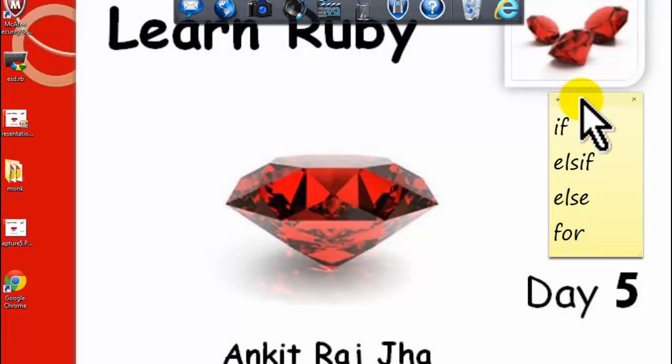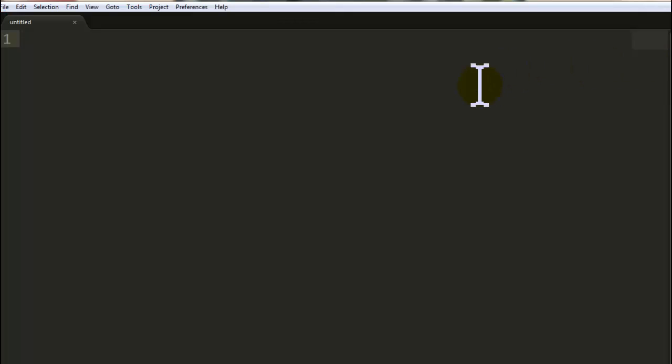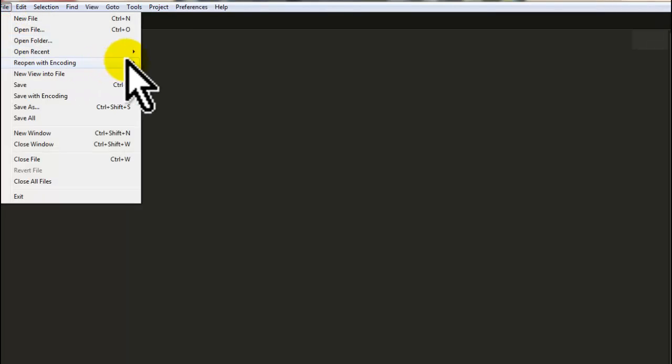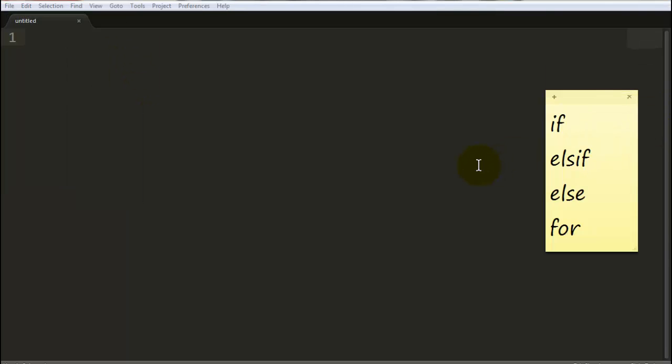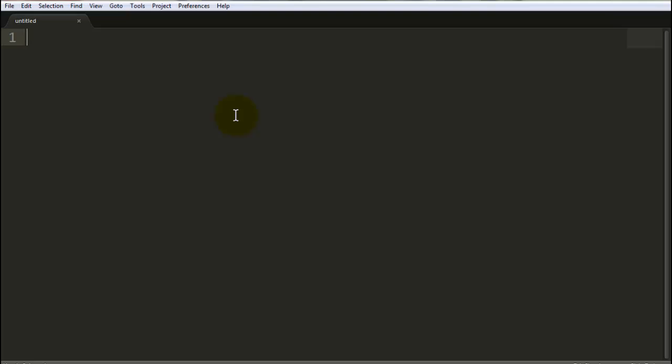Now the first thing is to open your text editor, just like I am opening my Sublime Text editor. Click on a new file. In this tutorial I am going to discuss how the code of a dating website is done. Suppose anyone asks you to create a dating website for his or her company, then how can you do that? After opening any dating website, you are asked some questions related to your age and gender.